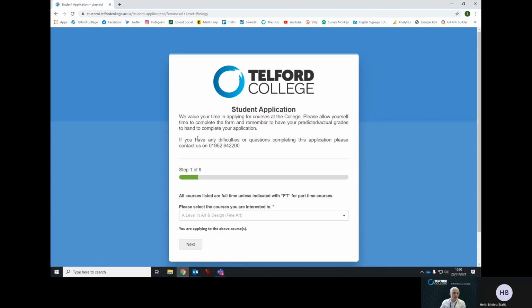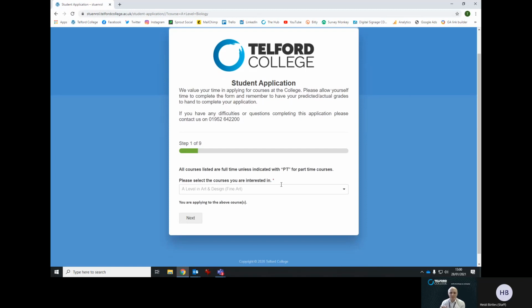So here we go, step 1 of 9. It's quite quick, it's not too bad. What I will say at this point, our application form works really well if you're using a laptop or PC. On some smart devices, including tablets and phones, sometimes it doesn't allow you to progress all the way through the application form. If that's the case, you can email me at